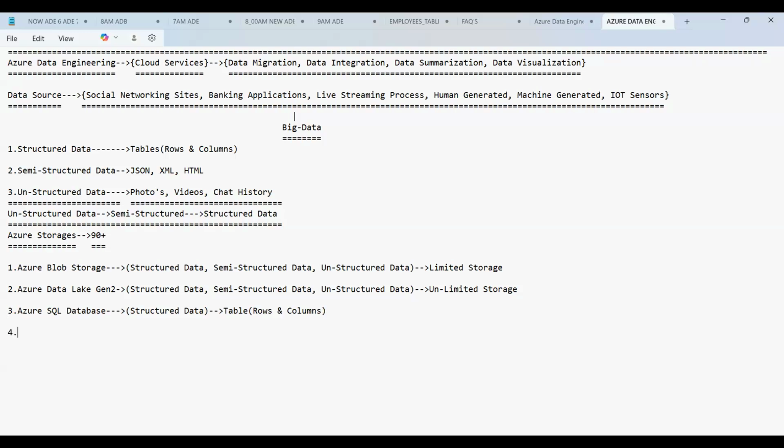That's the next one, guys. Then you have what's it, guys? Azure Cosmos DB. So what do you mean by Cosmos DB, guys? Cosmos DB is another database, which is called what? NoSQL database, guys. And as this is a NoSQL database, we can store structured and semi-structured data, which is supported. But unstructured is not supported here.